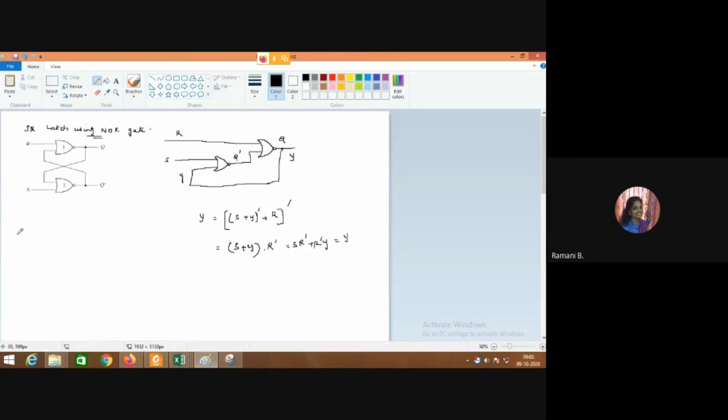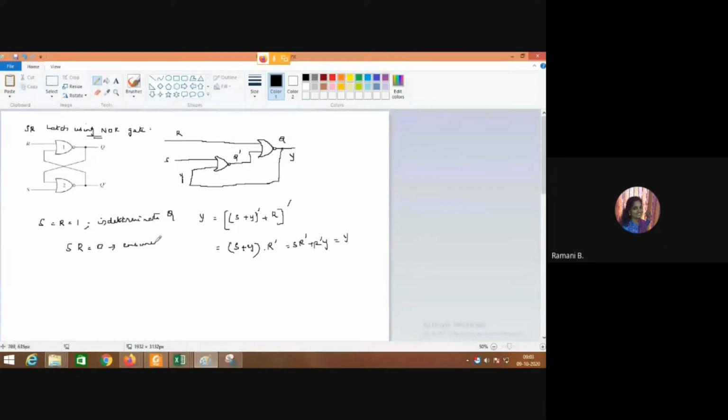However, with NOR latch, that is SR latch using NOR gates, we know that S equal to R equal to one condition should not be there, right? So this is actually going to give us indeterminate Q value, right? This is to be avoided. So this is ensured by making the condition SR equal to 0. Okay? So by making this condition, we ensure that both S and R values are not always equal to 1. Okay?